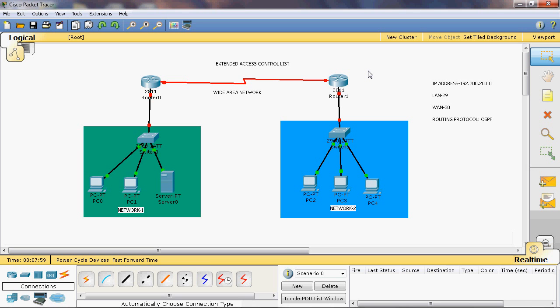host or network. In extended access control list, the range is 100 to 199 and the expanded range is 2000 to 2699. In the old version, routers support only 100 to 199, and the new version of router supports the expanded range 2000 to 2699. We can see in this topology we use the IP address